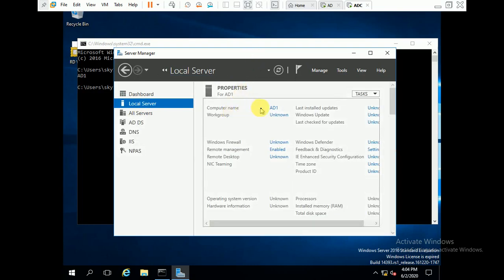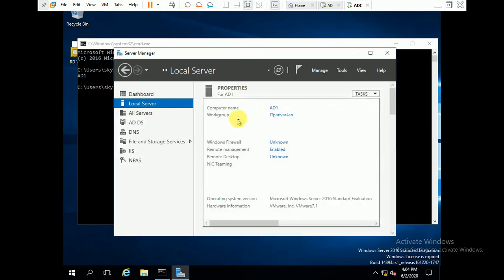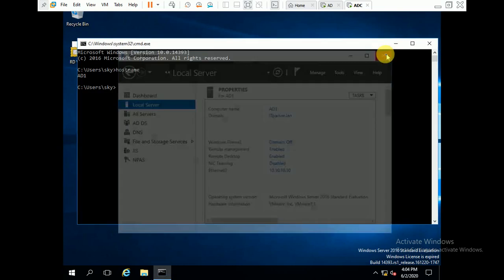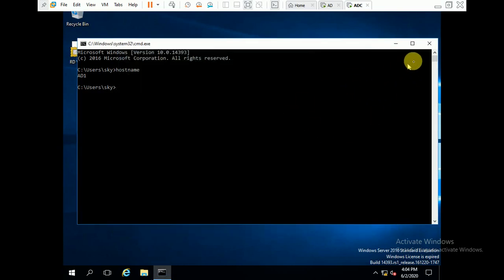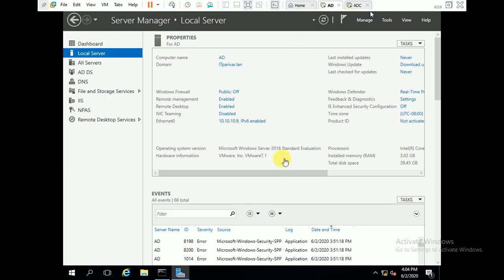The computer name is AD1 and the domain is itparivar.lan. So this is my additional domain controller, and this is AD, the Active Directory domain controller.